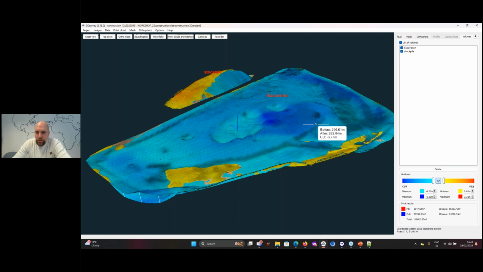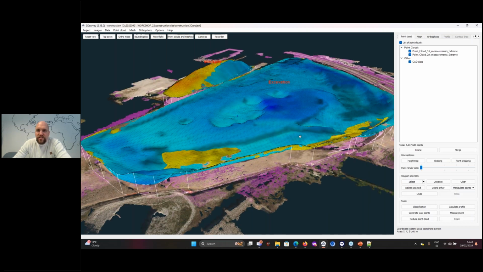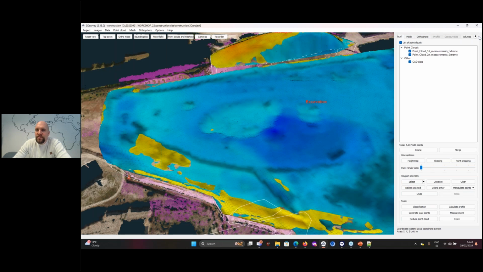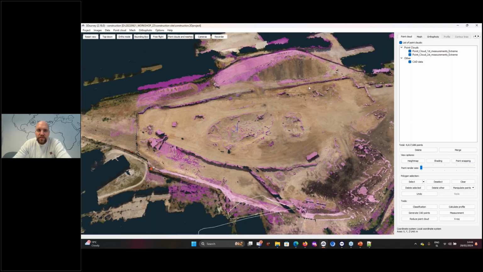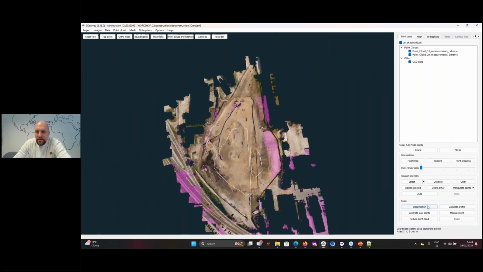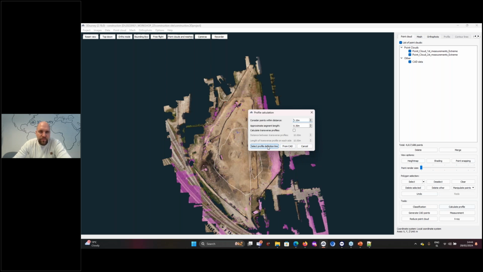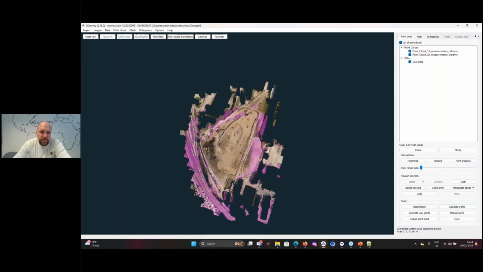So whenever we are calculating volumes, we also need to create some vertical cross sections. So we create the vertical cross sections here in the point cloud tab. So just temporarily, we will turn the volumes off. Go to point cloud. And then when we calculate profile, again, we have an option to define these profile lines through CAD, or we can just define the profile lines definition manually. I will do that now.